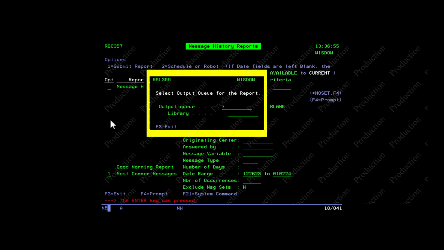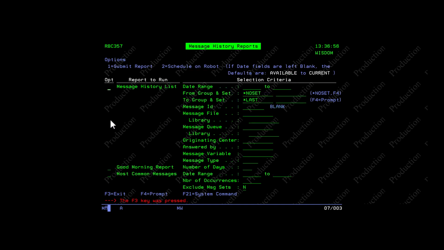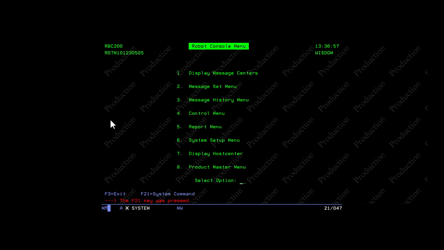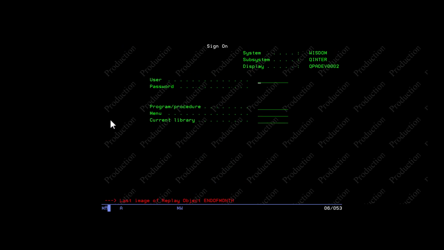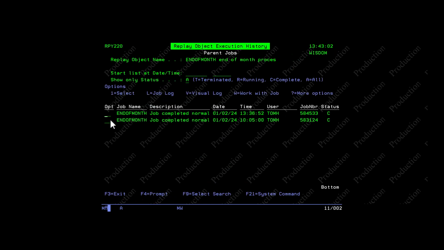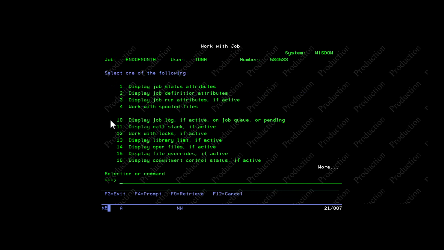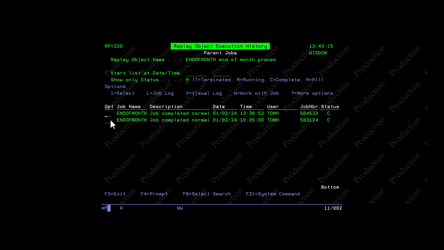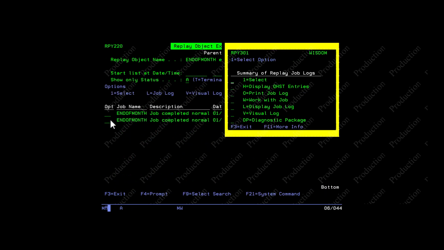It's going to show me the panel where we put in the date range and then finally signed off. So those are in the history. And then, of course, we can also work with this job and see the spool files or the job log associated with it. And if we press F4 here, we also can do diagnostics.